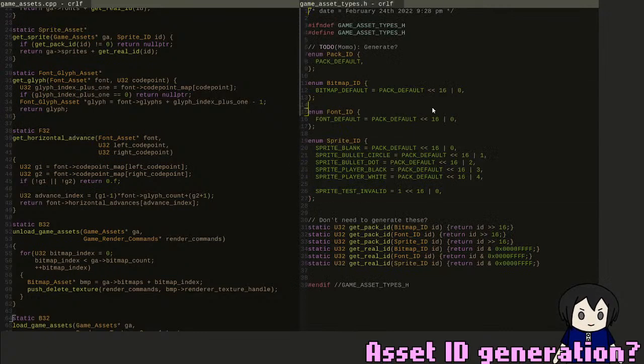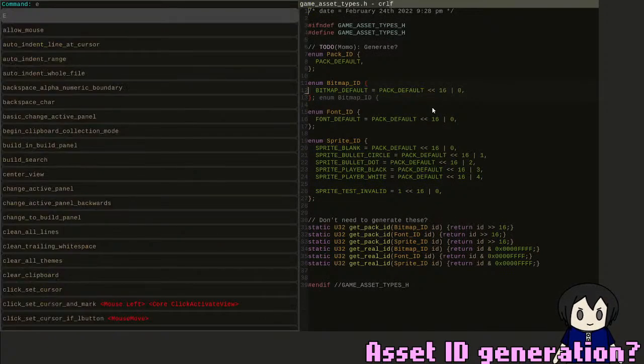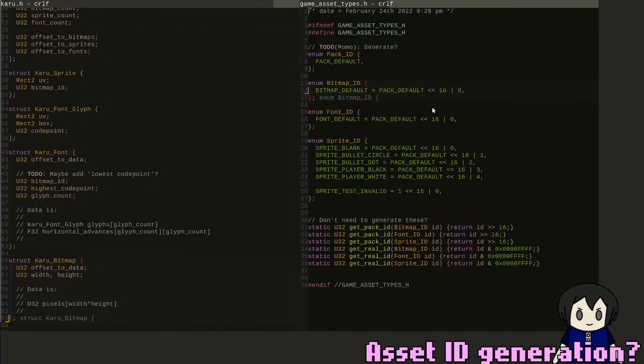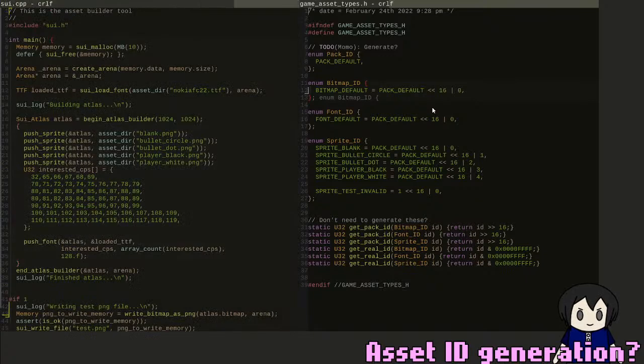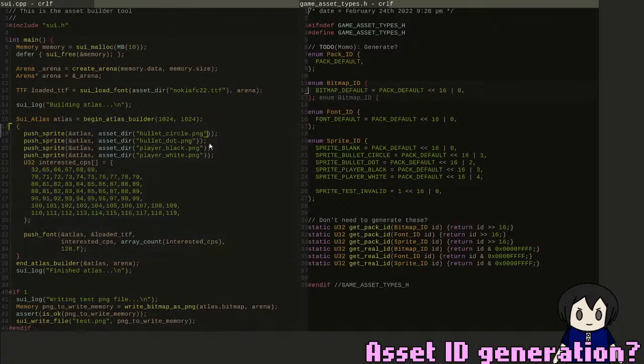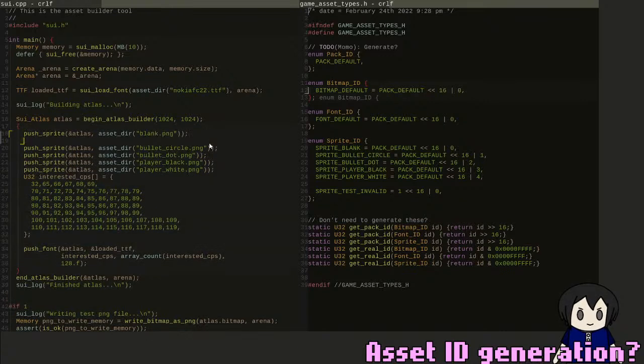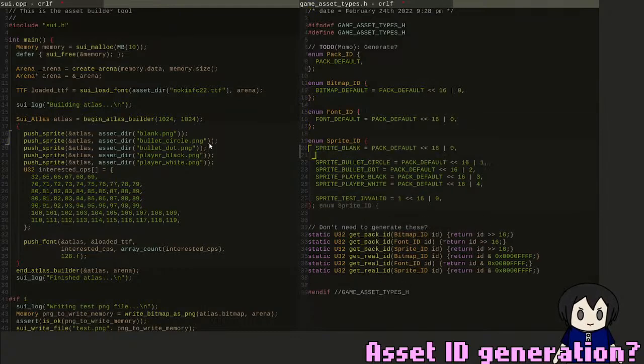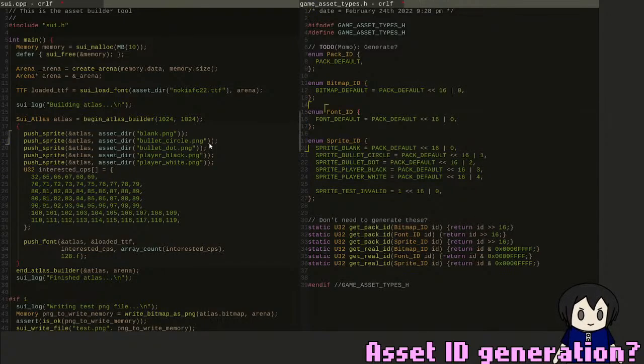Like every time I want to add a new bitmap or a new texture or a new sprite, whatever, if I want to add a sprite here, I kind of need to add this thing hard-coded, right? So I want this to be hopefully